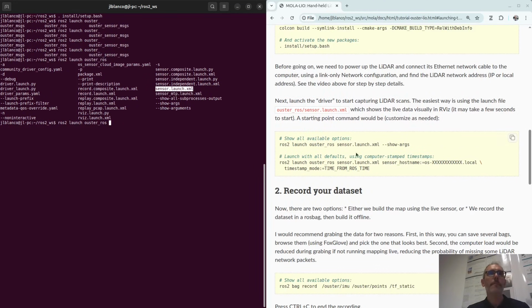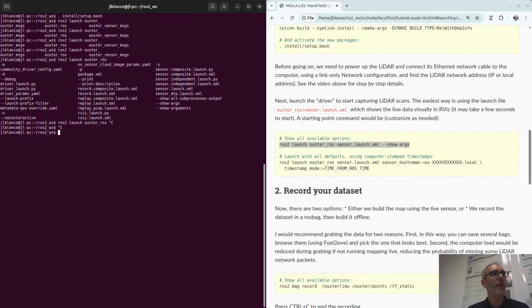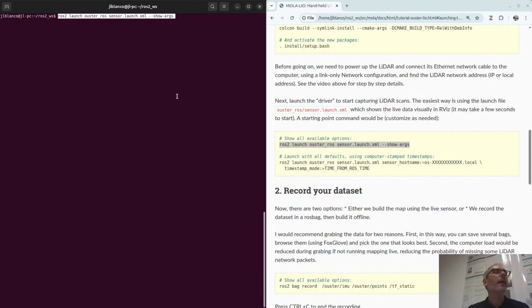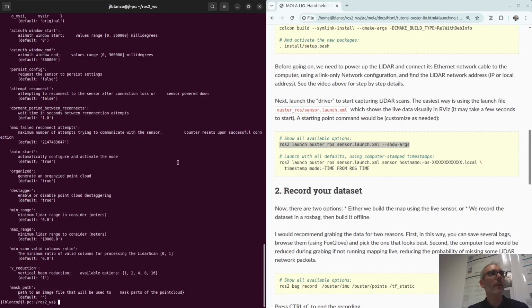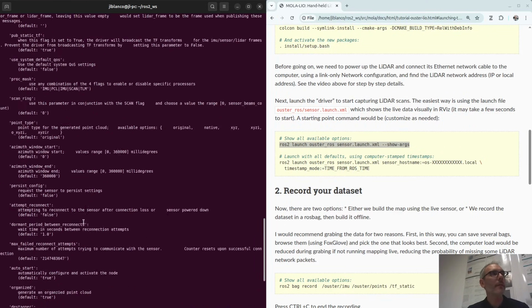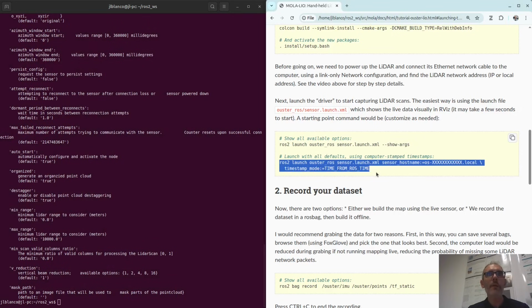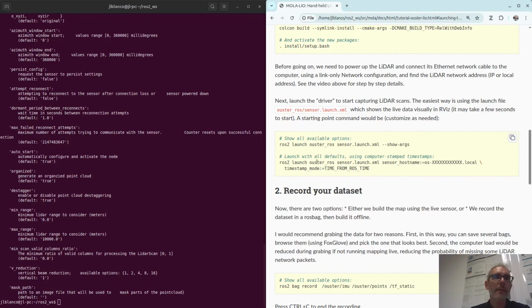For that, I have left you this command on the web, so you can just copy and paste this, and you can see all the possible ROS launch arguments that you have to customize this driver. There are many of them, so I am proposing this starting point for you. It depends on the use case, but the minimum I would say is something like this.